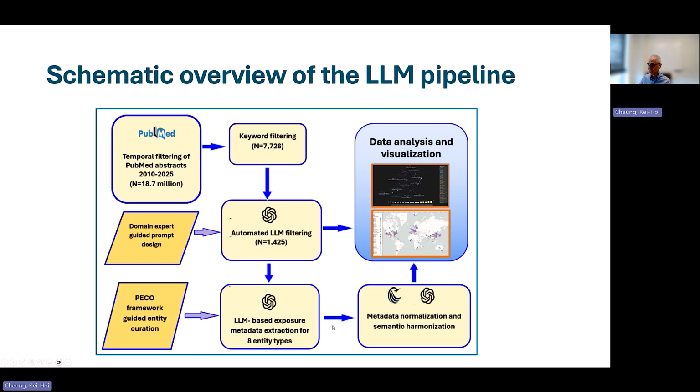And then the output of the LLM model goes through a normalization and semantic harmonization process. So we basically map the extracted entity terms to UMLS concept IDs. Of course, not all of them can be mapped, but we found a portion of them can be mapped to UMLS concept IDs to have this kind of ontology-linked LLM output.